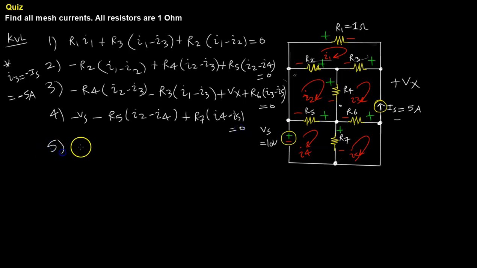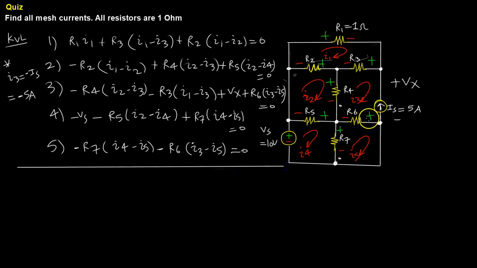Then for the fifth equation, I'm going to start here and see a minus R7 times I4 minus I5. I'm going to go up and see a minus R6 times I3 minus I5. And all of that is equal to 0. So what I'm going to do now is go ahead and find the unknowns,